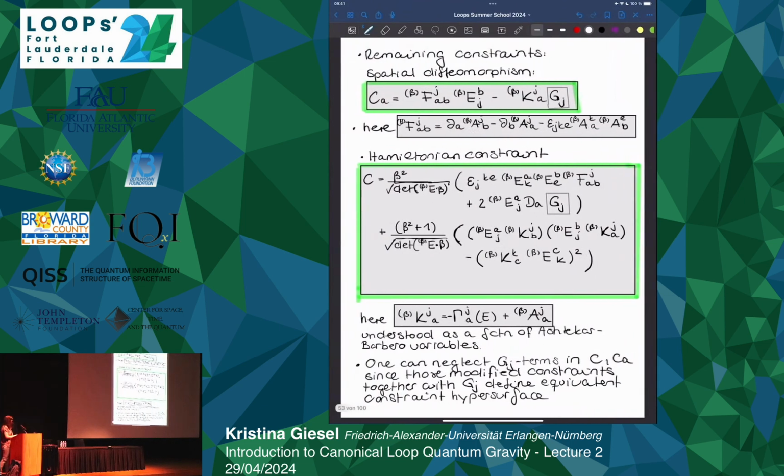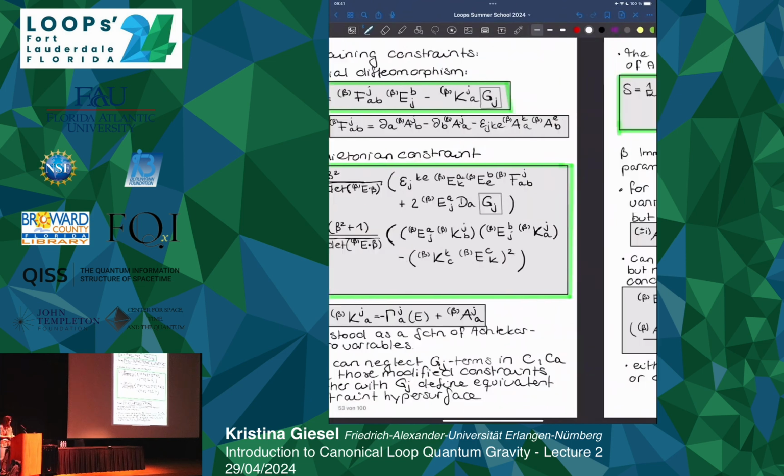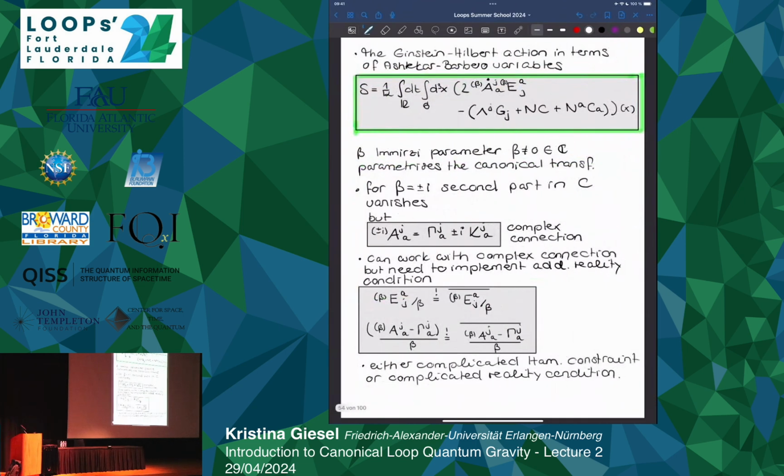However, if you look at this relation here, if beta, which enters linearly in K, is chosen to be complex, it means that the Ashtekar-Barbero connection is a complex connection, which you can use, but then you have to add additional reality conditions to your theory to ensure that the final variables are real, which makes the quantization more complicated because you would also need to implement this